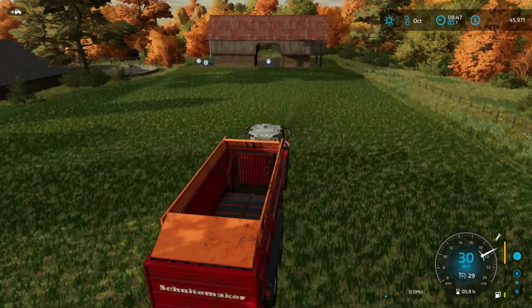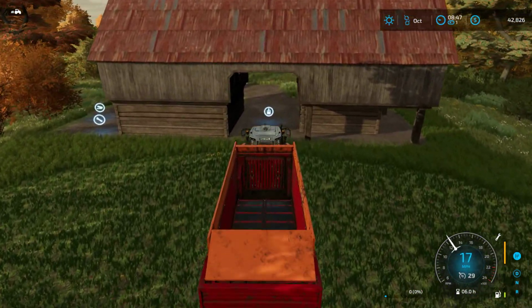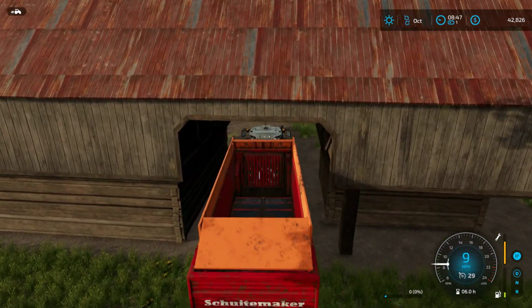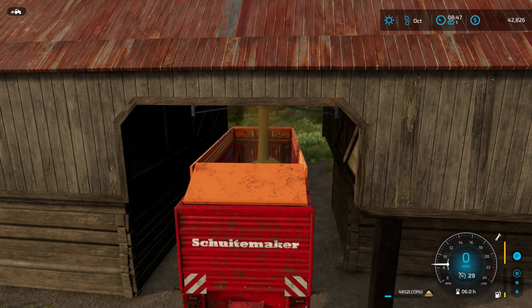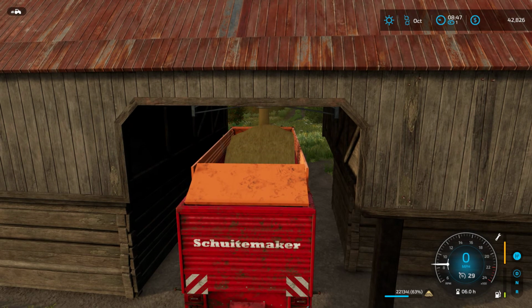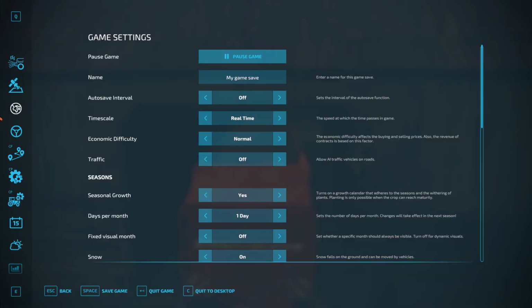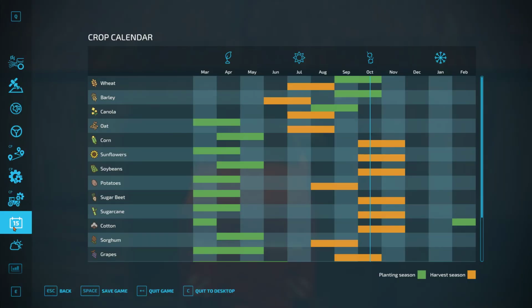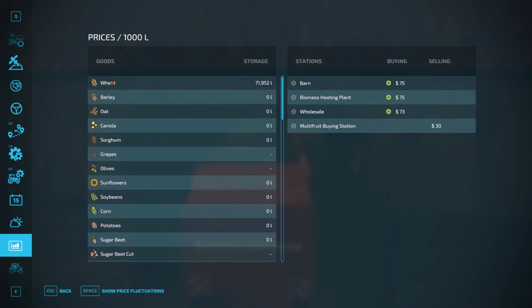Let's do one last thing here before we call it. Let's take a load of straw over. And we've got tons of straw. I'm surprised we got as much straw as we do. What else do we have in our silo? How soon I forget. We have a lot of wheat, don't we? Man, so we could...